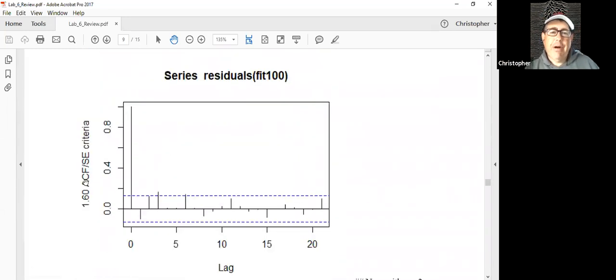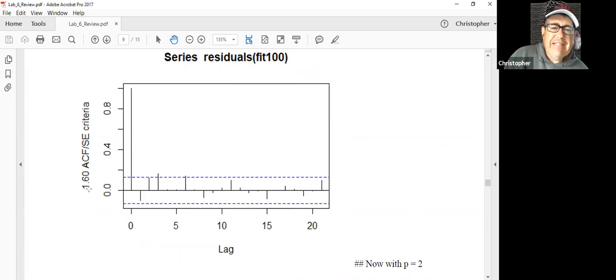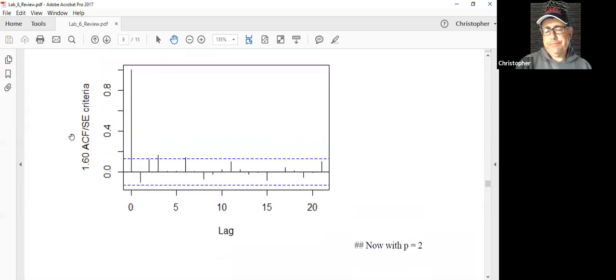You can see the second part here. Nothing really much to see here because we've already not met the assumptions. The criteria for this second set of graphs is relaxed. It's a 1.6 ratio, as indicated by the dashed lines. And you can see we got one maybe down the line, maybe month 6 or so. That seems a little problematic, but that might go away once we account for more autoregressive terms.